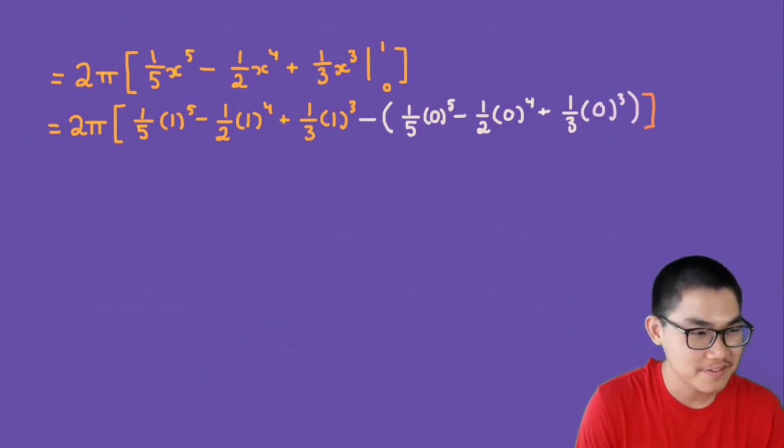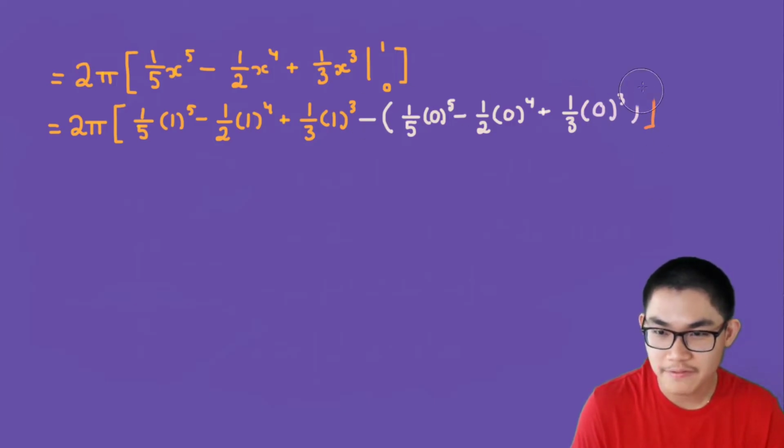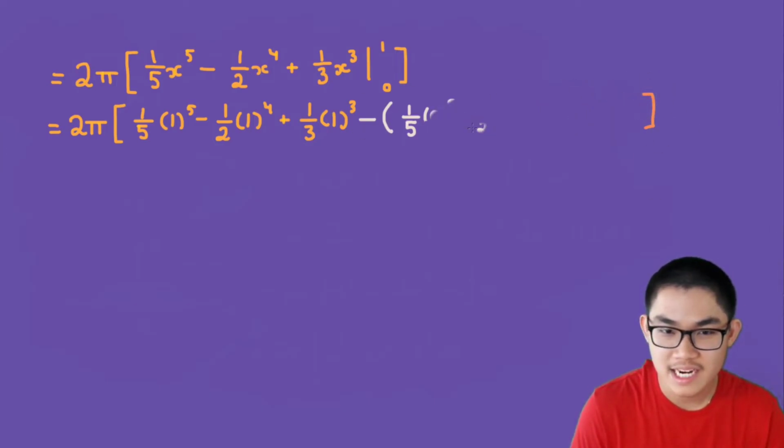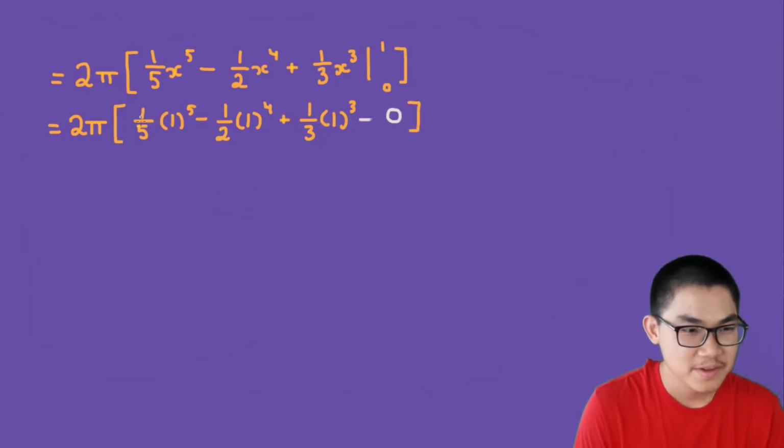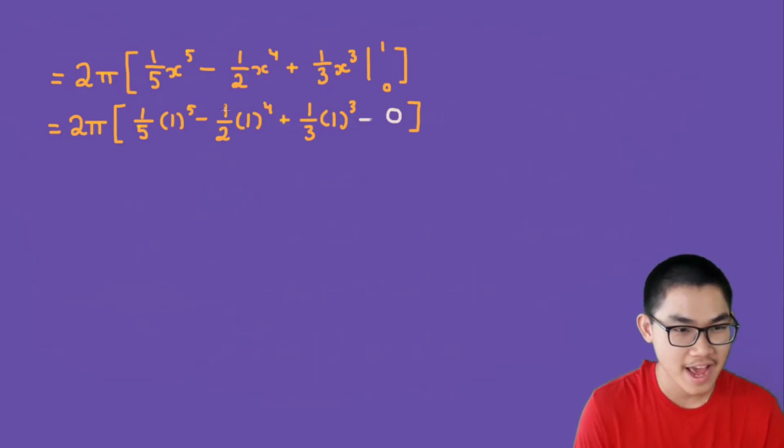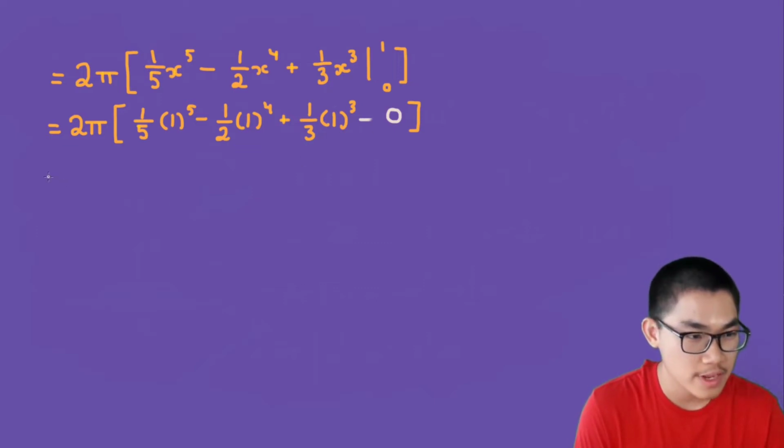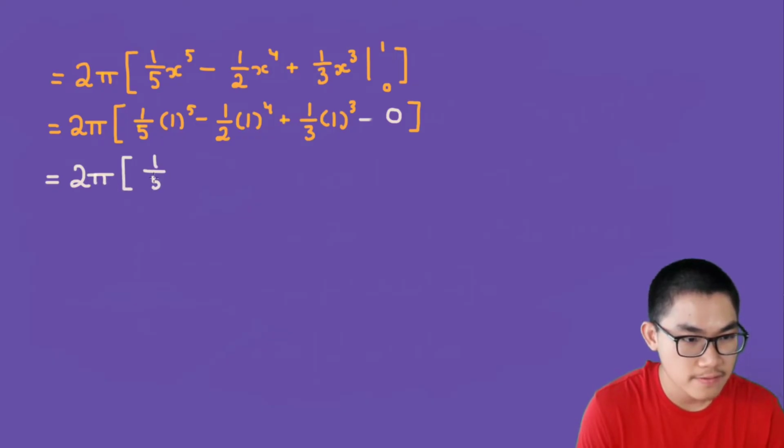Now, if you pay attention, you will know that this whole thing is going to be 0. So that's the first thing that we can do, is to simplify it. So this right here is going to be 0. And then 1 over 5 times 1 is going to be 1 over 5. 1 over 2 times 1 to the power of 4 is just going to be 1 over 2. And the same thing here, that's just going to be 1 over 3. So we're going to get 2 times pi times 1 over 5 minus 1 over 2